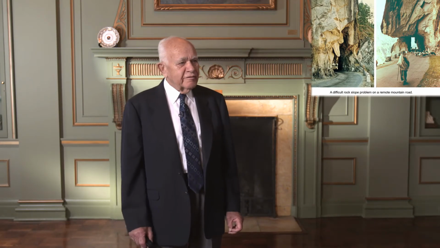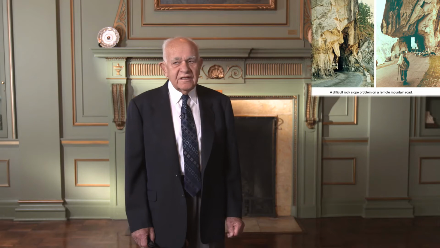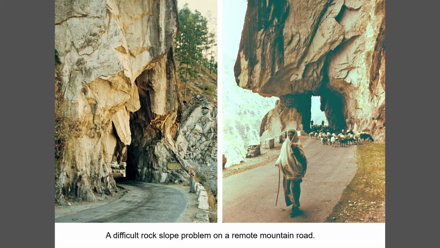The other end of the scale is this one, which is a road in India, which I passed through for many years on the way to a hydro project, and I wouldn't even know how to begin to analyze the stability of that slope. And this is one of the things that we encounter, that sometimes in mountainous areas, in the Himalayas, in the Andes, in the Alps, in the Rockies, we come across situations which just have to be done in order to get a road through, and you have to accept the risk that goes with that.